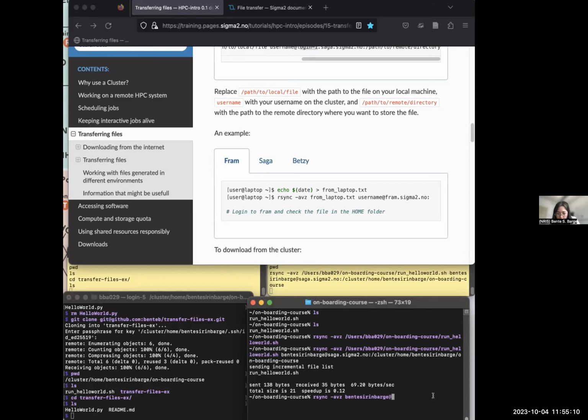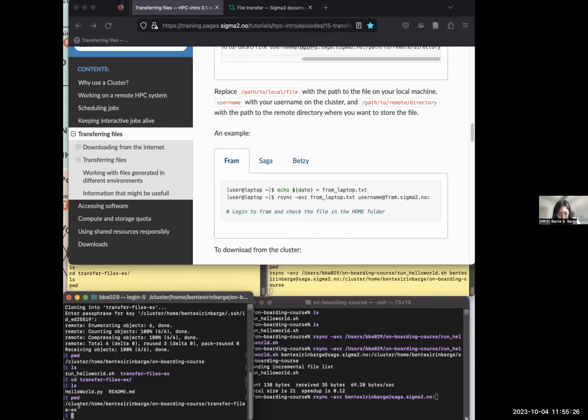And so I will write, so here is my username and address. So I now want to copy this hello world.py, which is located in this folder. I copy the path to the folder, and then I add